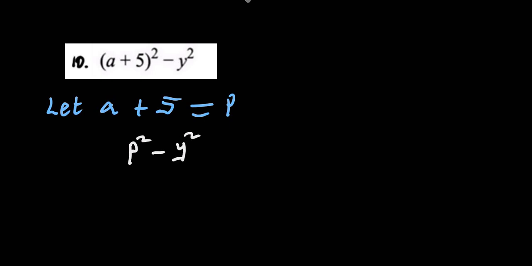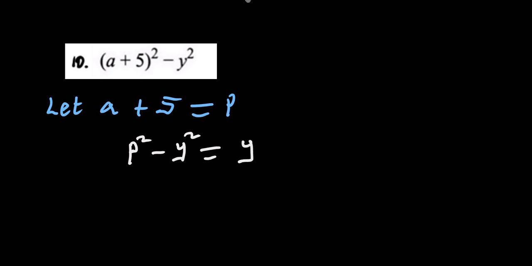Question 10. All right, so we have a plus 5 in parentheses squared minus y squared. So the first thing we are going to do now is to assign, first of all, you say let a plus 5 be equal to any variable of your choice. I prefer to use p. So now we have p squared minus y squared, which is